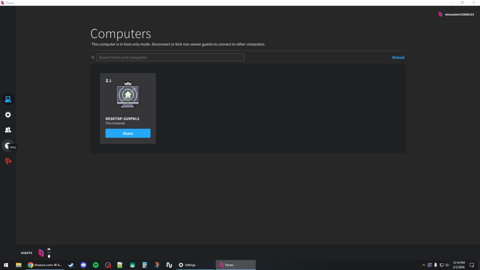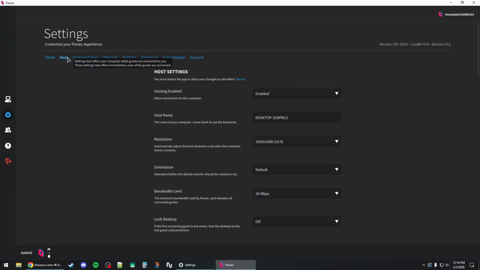I'm going to show you how to get a better connection in Parsec. So the first thing you want to do is make sure you're using a wired network and not a Wi-Fi connection. And the second thing you can do is go to the settings and then the host tab and try